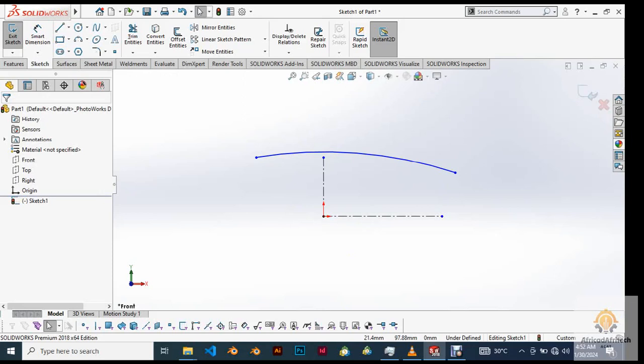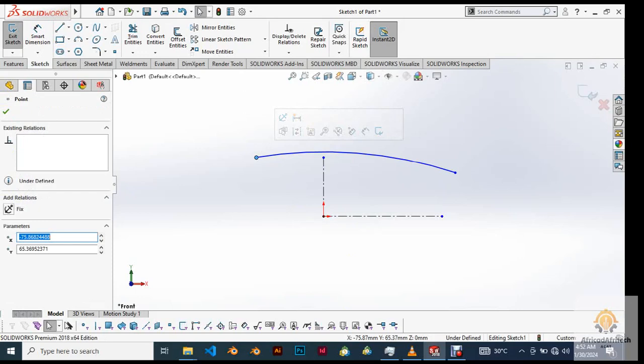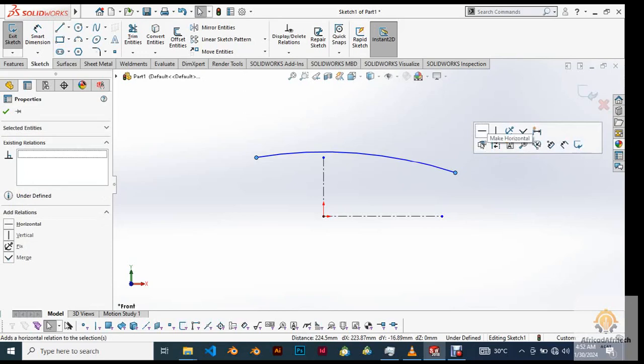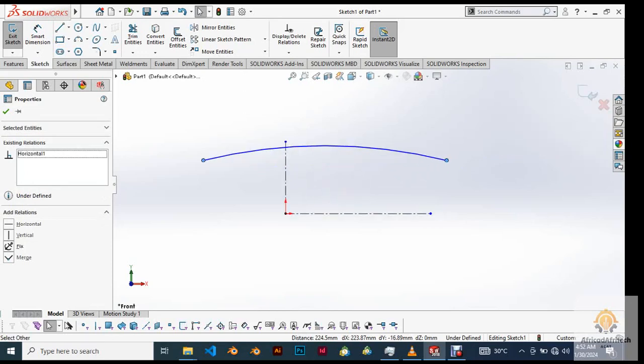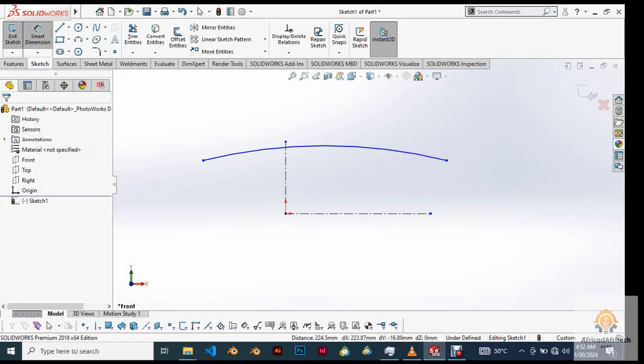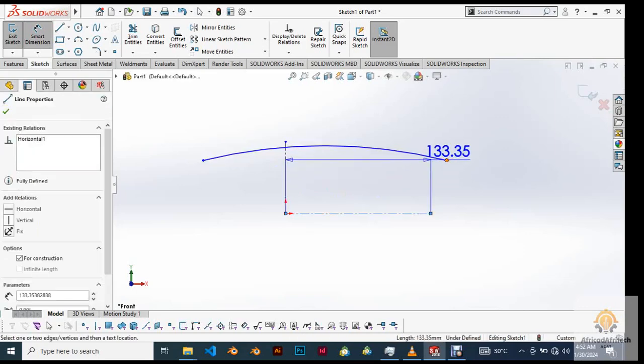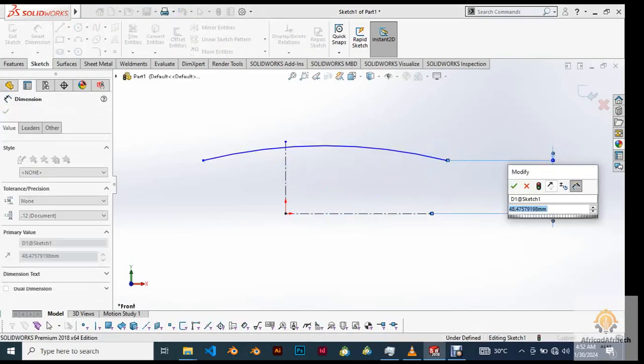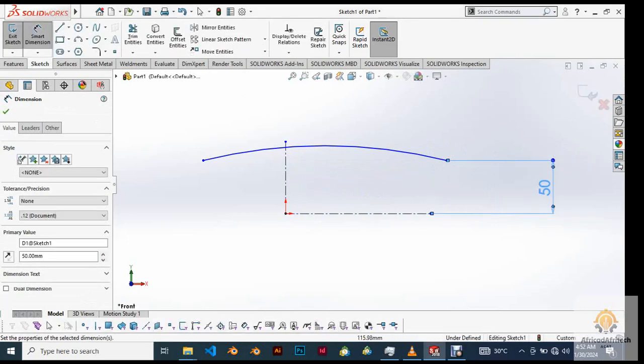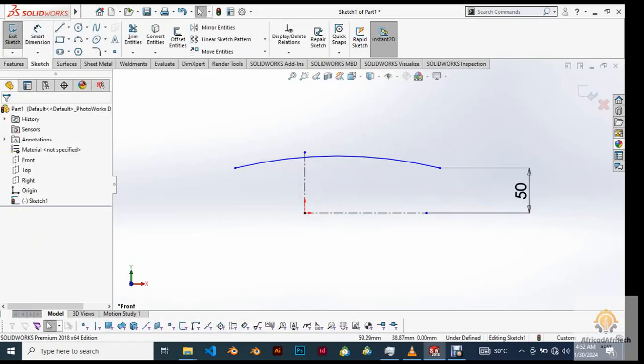What I'm going to do is to click on one edge of this and click the other edge, holding my control. Then I say make horizontal. So I've made horizontal. Then I come to my dimension. Coming to my dimension, I can just give it a dimension of 50 mm. So now what I will do is to